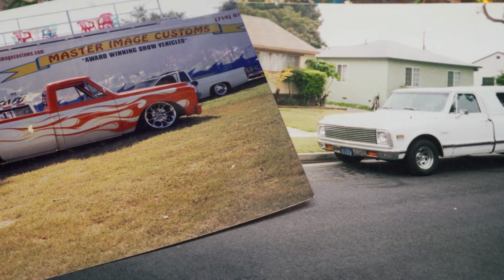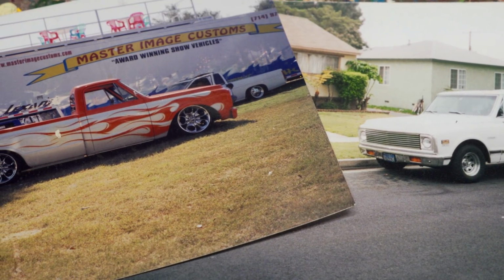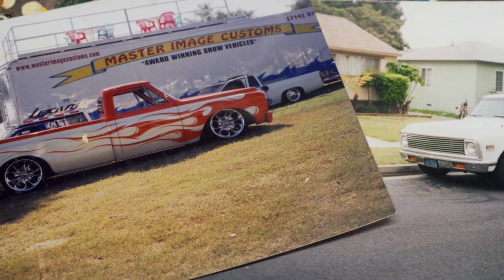And what always grabbed my attention was the colors and the sparkle and the flake, the pearl, and my dad explained all of it to me. It was really cool how you could take all of that and put it onto a vehicle, and now you have a piece of art that rolls down the road. My dad got this truck as a retirement present to himself,